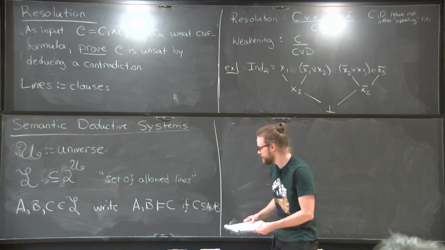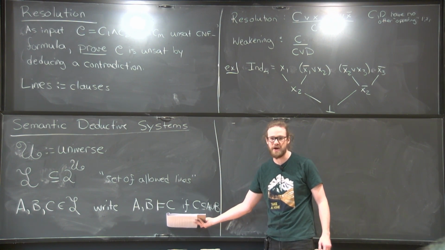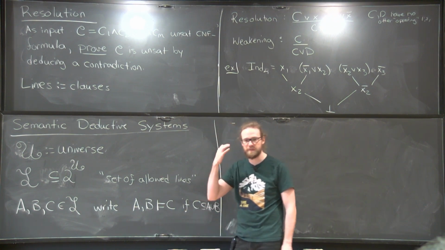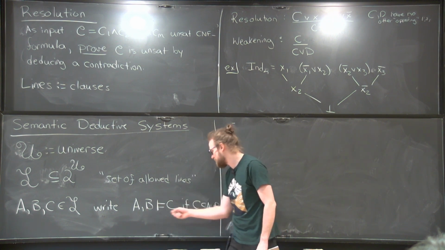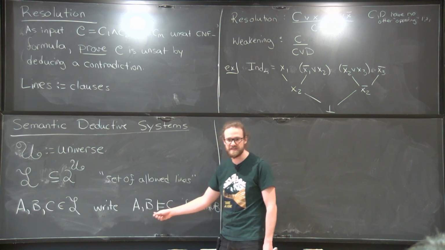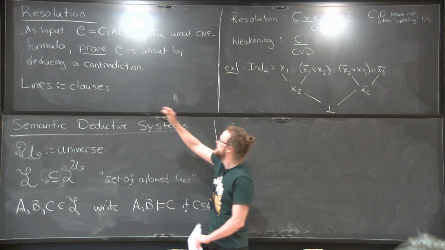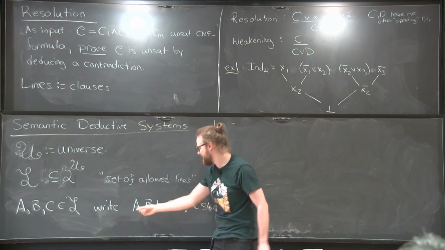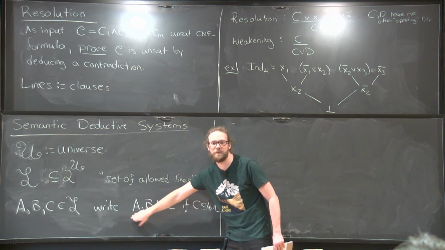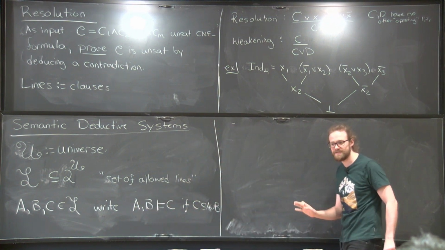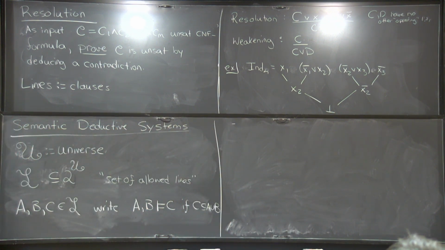Okay. So this is soundness, basically. This is just saying that this is a sound deduction. If you think about it from a standard proof system view, what this is saying is that if I know that A is true and B is true, then C is necessarily true. Sorry, I always get it backwards. I'm thinking about things in terms of contradictions. If I know that something in C is false, then I know that one of these things is false. Sorry, backwards. I'm going to do that a million times, so I'm really sorry in advance.